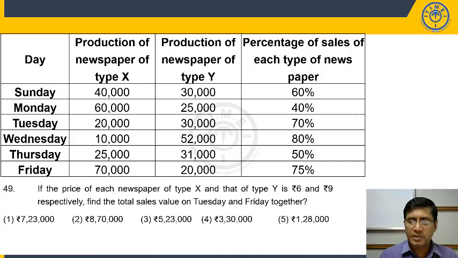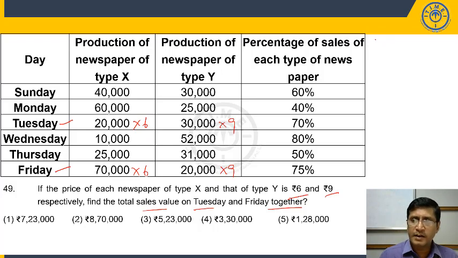Price of the newspaper is given here. Paper X is 6 rupees and paper Y is 9 rupees. Then what to find? Total sales on Tuesday and Friday together. On Tuesday, paper X is 6 rupees and paper Y is 9 rupees. So what is the value of the paper